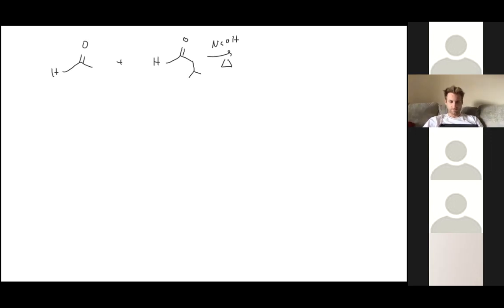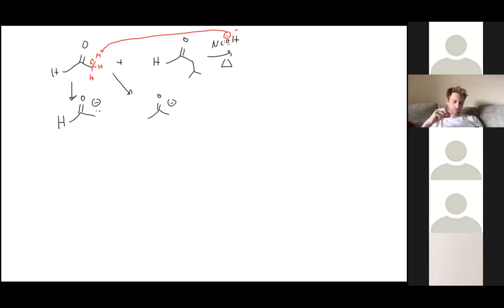First up, we're going to pull off a proton. We're going to draw this out twice. It can either interact with itself,